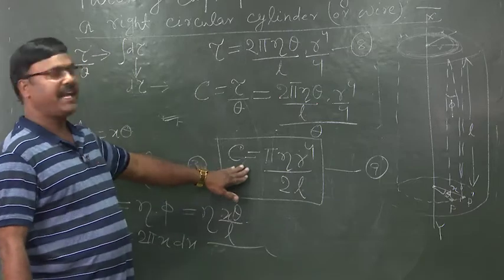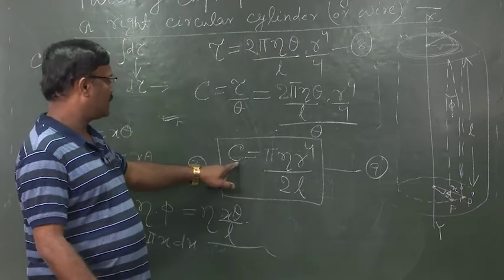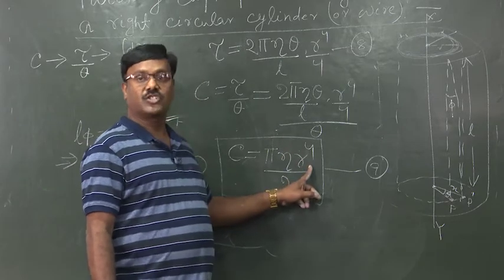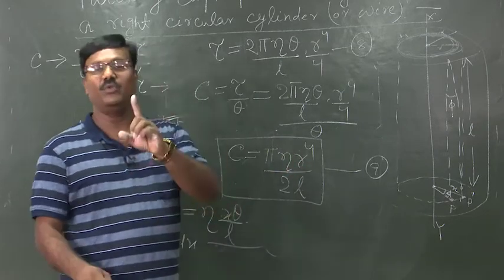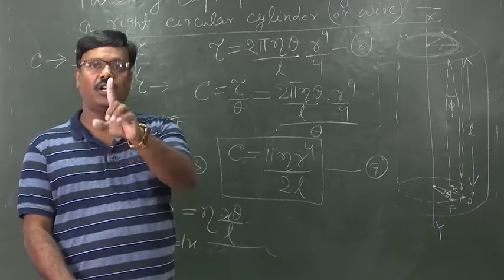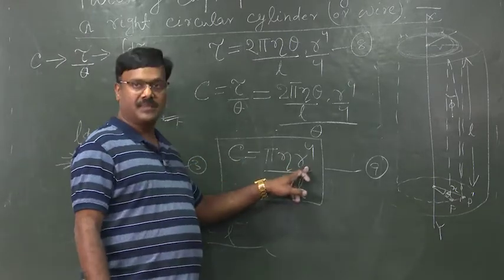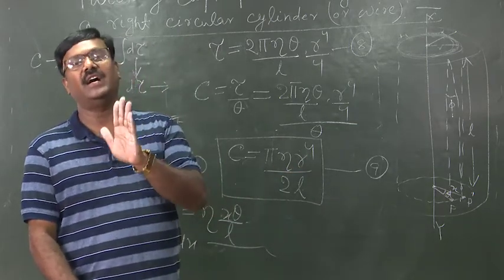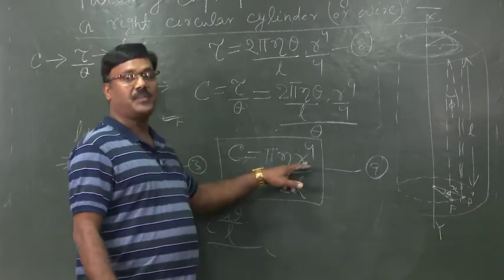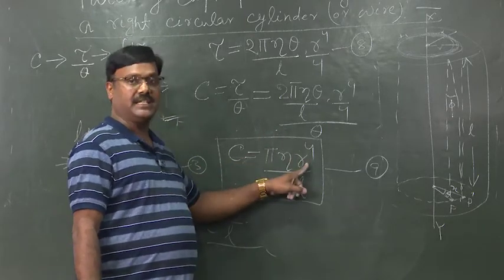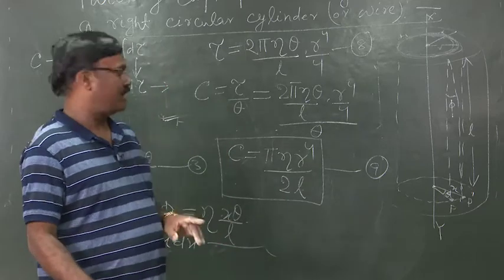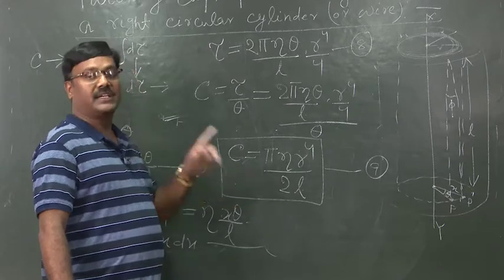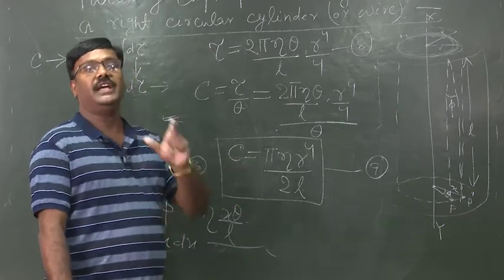Because from this expression we know that the torsional couple varies directly with this much, and this is the case of a solid cylinder. And if we take the case of a hollow cylinder, then in place of r we can take the inner radius r and the outer radius, which can be termed as capital R. And in those cases, when hollow axles are considered, this torsional couple will be more than the cases when we consider solid axles.